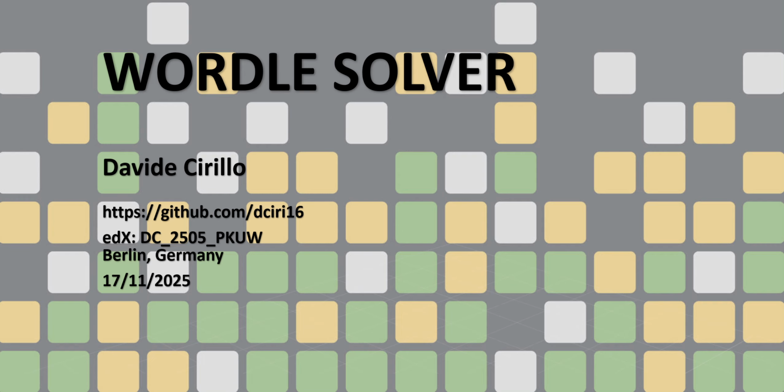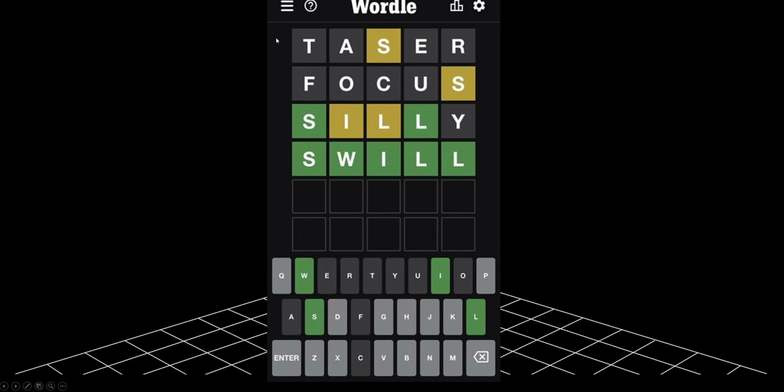Today I'm gonna show you my Wordle Solver Python application. If you're not familiar with the game Wordle, Wordle is a New York style game. The idea is that Wordle is thinking about a 5-letter word and you have to try to guess it. Wordle will give you as a hint the color of the different letters, and they will stay